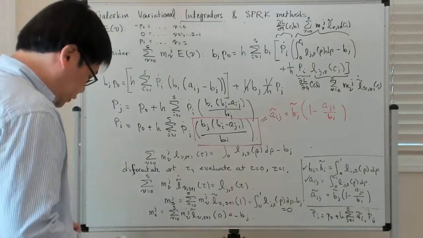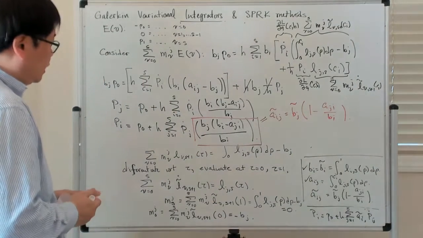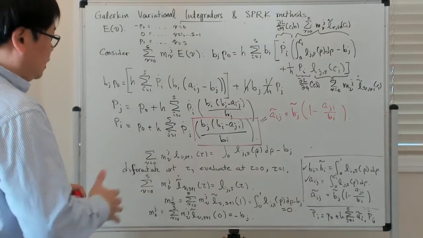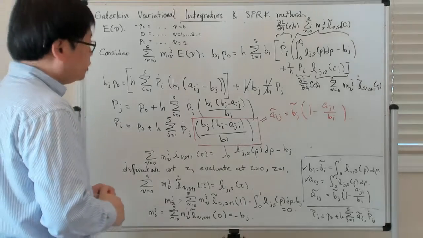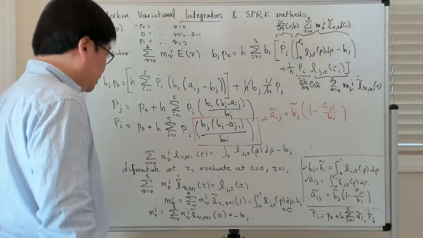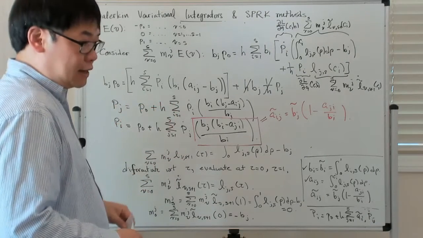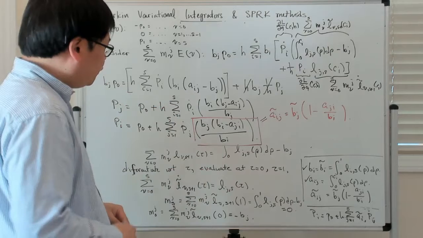So what you basically find is that when you have this Galerkin variational integrator and you look at the discrete Hamiltonian map associated with that, you can reframe everything. You can show that the solution you get